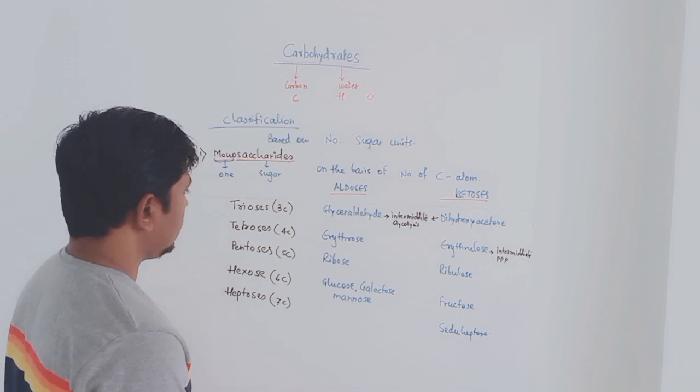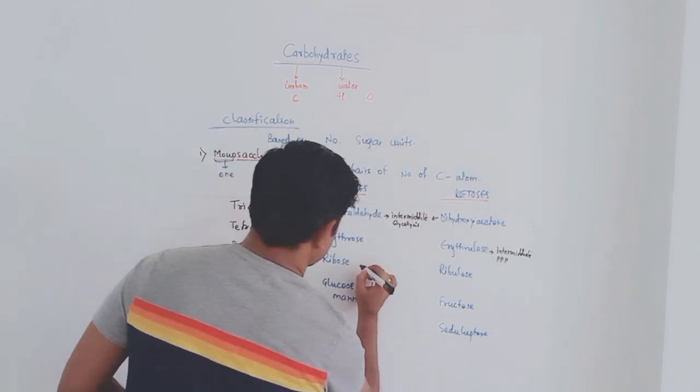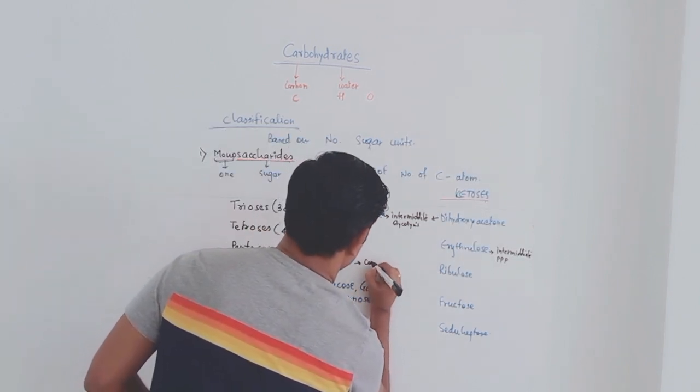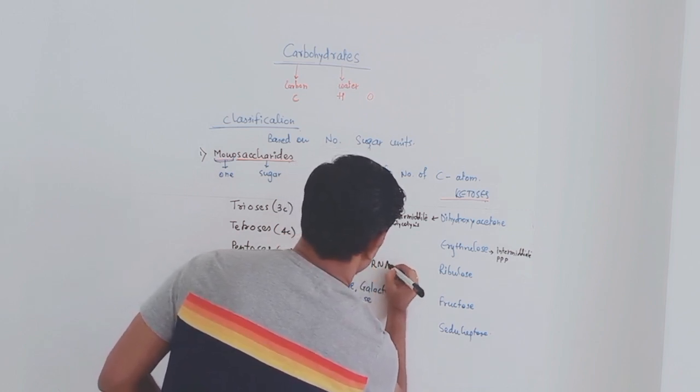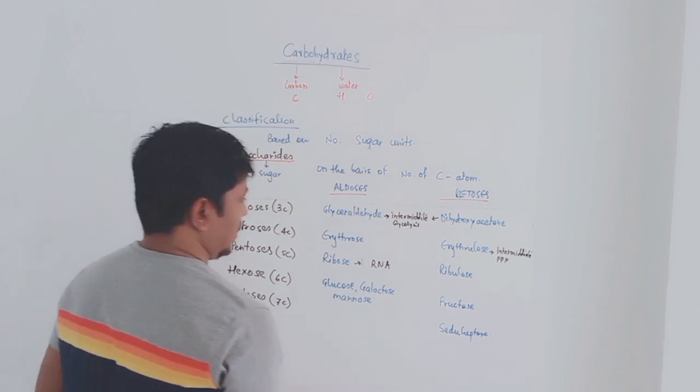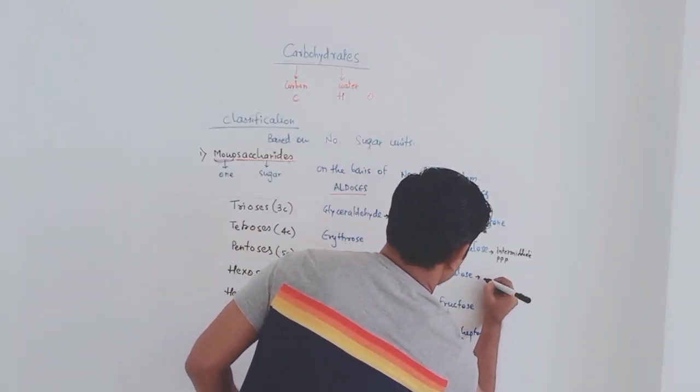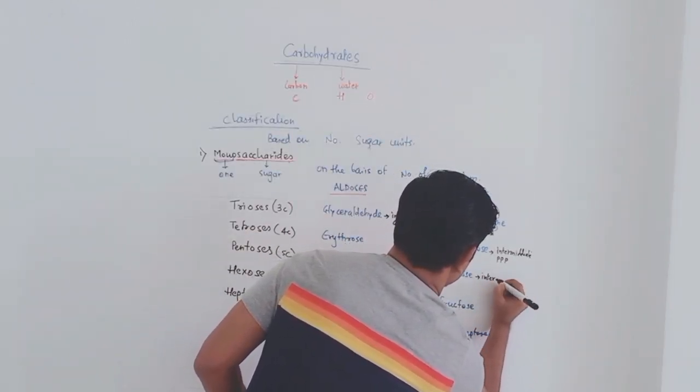Okay, as for ribose, this is a component of RNA. Ribulose, it is also an intermediate in